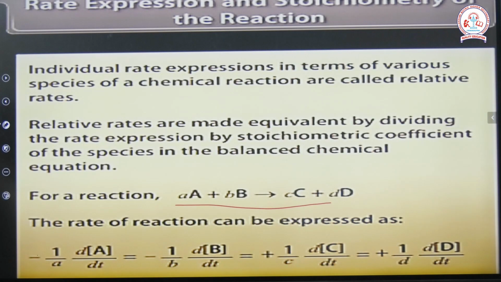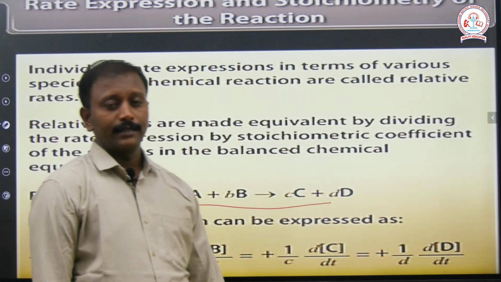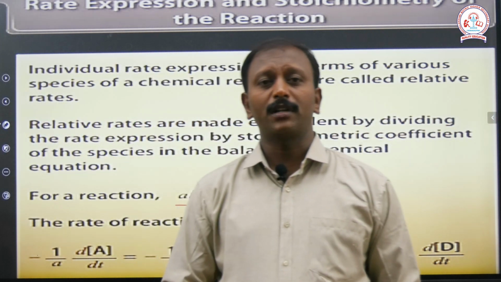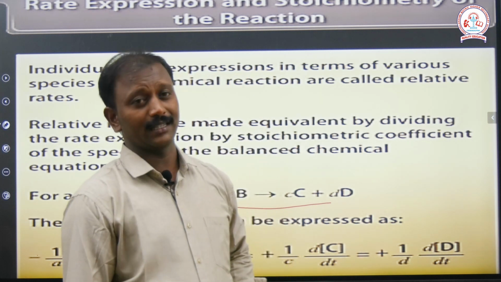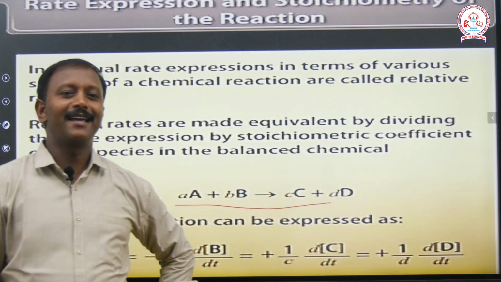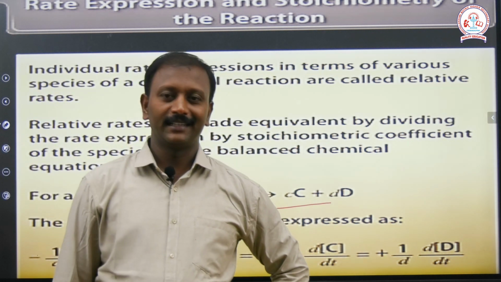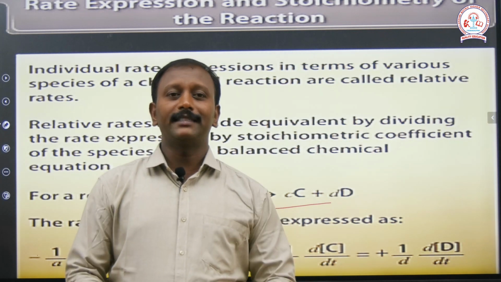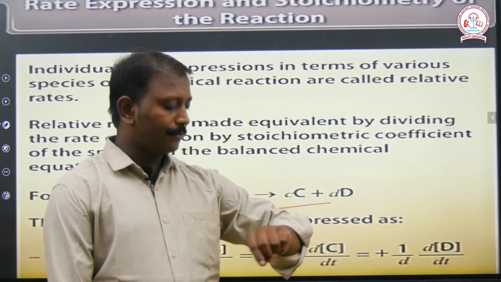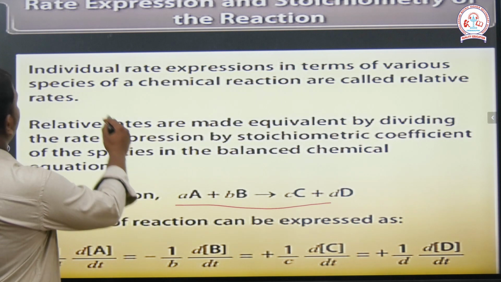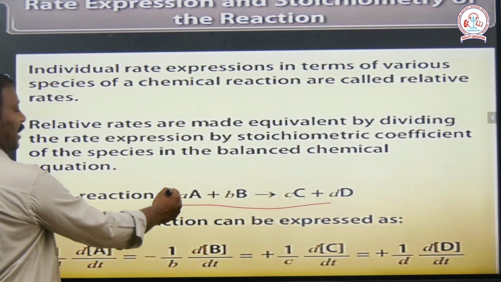Next, the rate expression for a stoichiometric chemical reaction. A chemical reaction is always stoichiometric in nature. Stoichiometry is a balanced chemical reaction. So a balanced chemical reaction means, in the left part of the